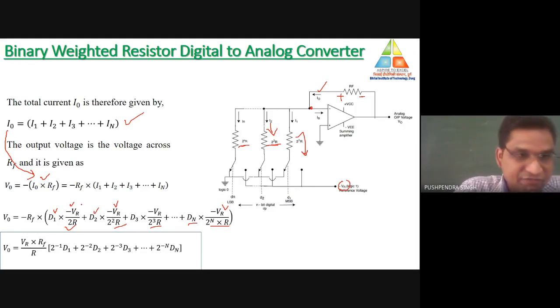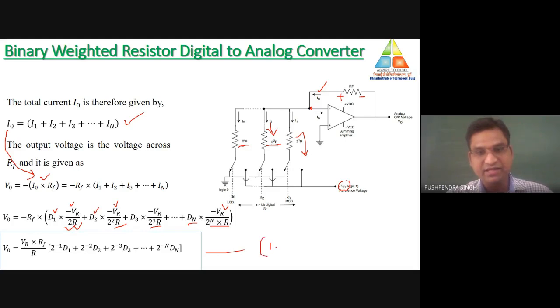So here RF, VR and R are all common. So V0 is equal to VR into RF by R, multiplied by 2 to the power minus 1 into D1 plus 2 to the power minus 2 into D2, and similarly 2 to the power minus n into Dn. So this is the final, generalized expression of the output in the case of binary weighted resistor type